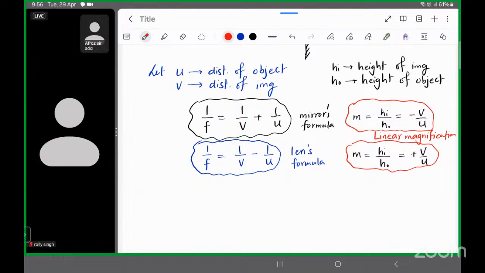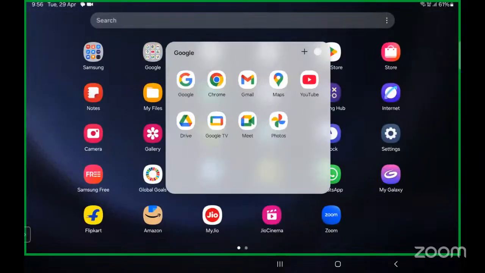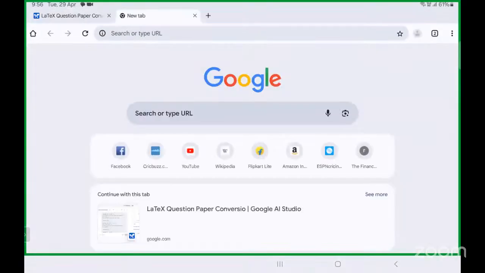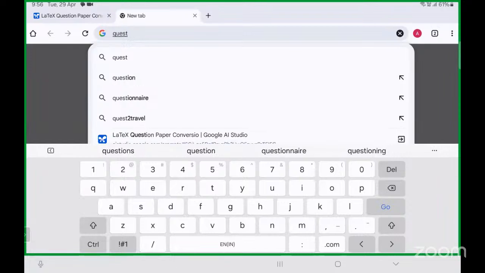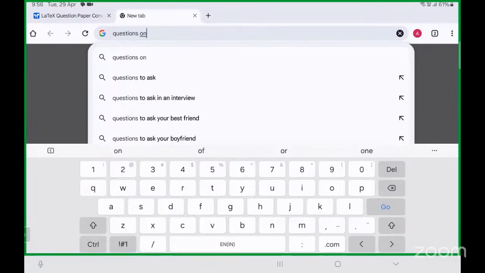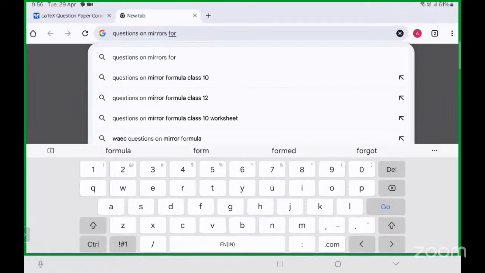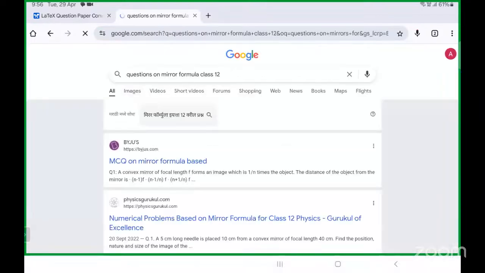ठीक है बच्चों, समझ आ रहा है? चलो देखो, थोड़े बहुत न्यूमेरिकल्स करके बताता हूं मैं इसके ऊपर, किस टाइप के न्यूमेरिकल आते हैं। इसके ऊपर क्वेश्चन करते हैं हम लोग। चलो देखो,